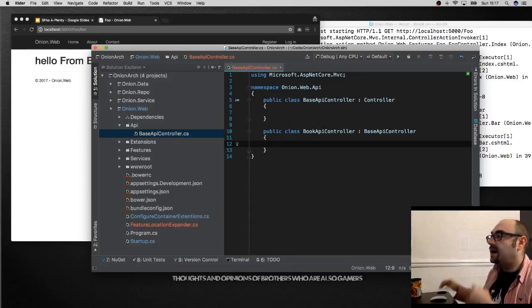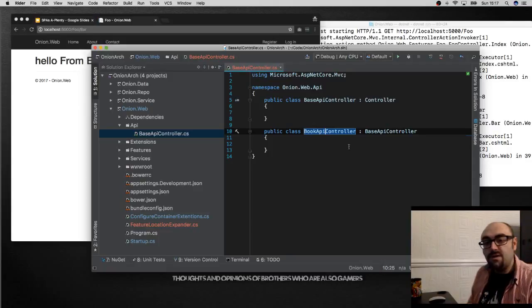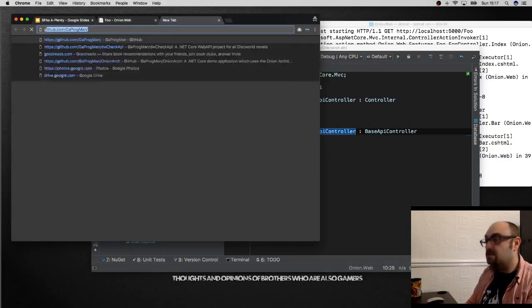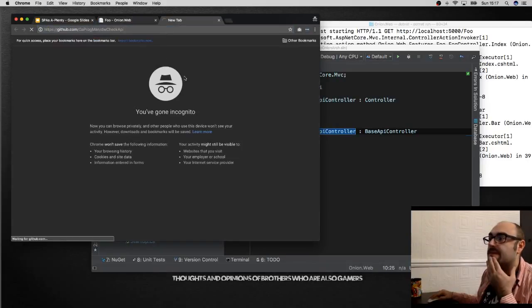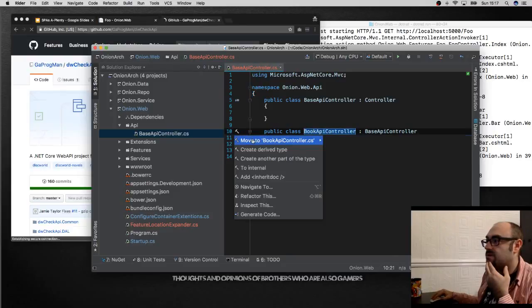I don't know. So what I would have is a Books API controller which calls out to a service, gets some stuff and returns an API. If you look at DW Check API, which is one of the projects I've already done, you'll see how I'm using the base API and then API controller flow, but you don't have to. It's completely up to you. In fact, if I pull that up just real quick, if this loads, you would have separate API controllers, and you may even